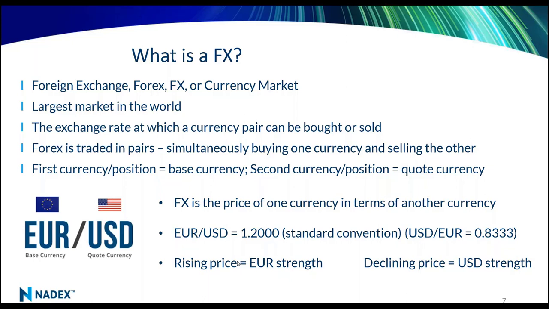If the chart were going down, it would be the exact opposite. The currency in the very first position, the euro, is getting weaker, and the US dollar, the one in the second position, is getting stronger. So when you see dollar strength against the euro, the chart itself will actually be going down. You've got to understand just those basic terms. When people talk about which currency is getting stronger and which is getting weaker, it all depends on which position they are in the quoted pair.